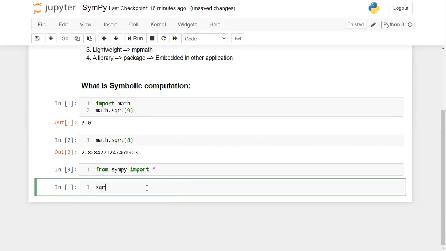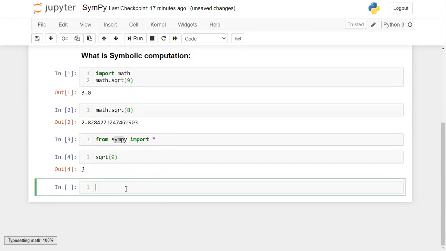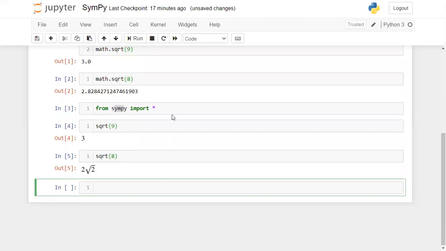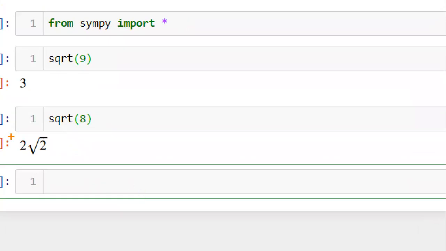Now I'm using that sqrt. When I'm writing sqrt directly, that function is taken from this SymPy package. Now I'm executing this. Now can you see we got that square root value. Now I'm calculating the square root of 8. Now try to understand the difference between the math sqrt and this SymPy sqrt.